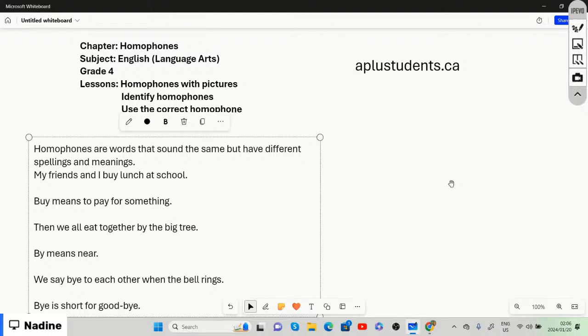So homophones are words that sound the same, but they have different spellings and meanings. For example, if we look at a few examples of words that are different, but the words sound the same, and are different in meaning. For example, if you look at the word buy,